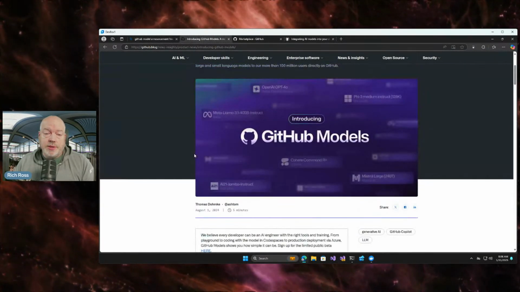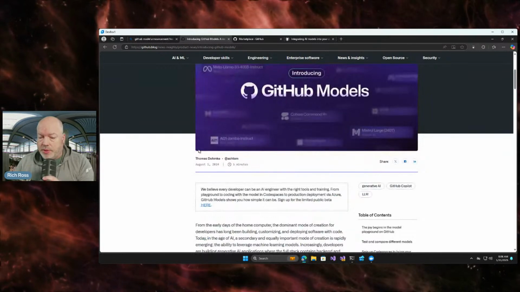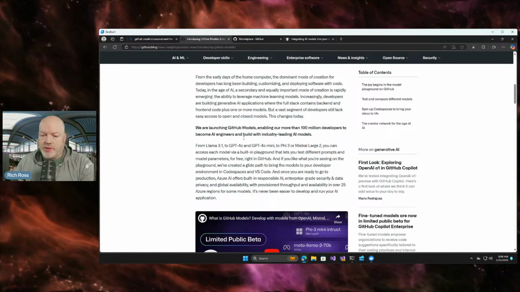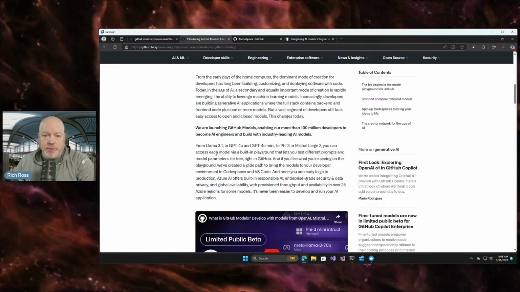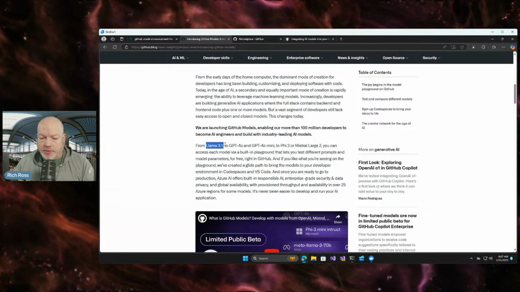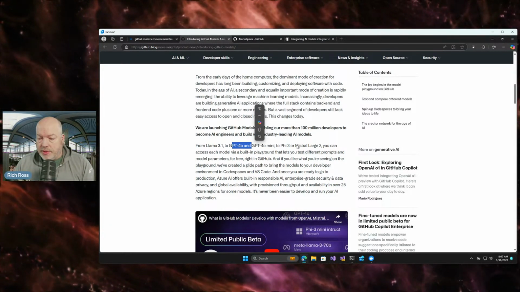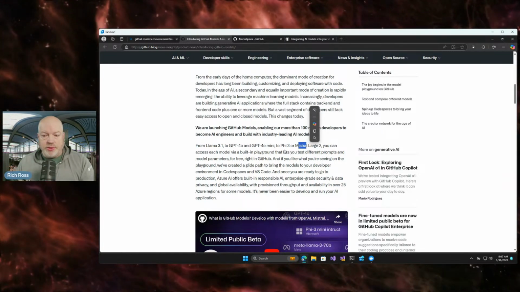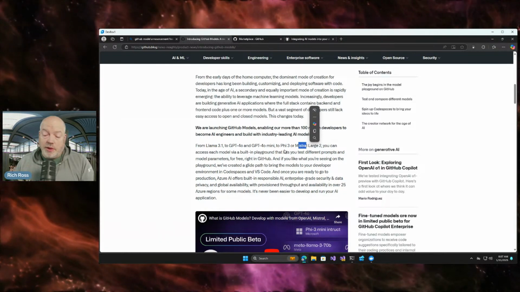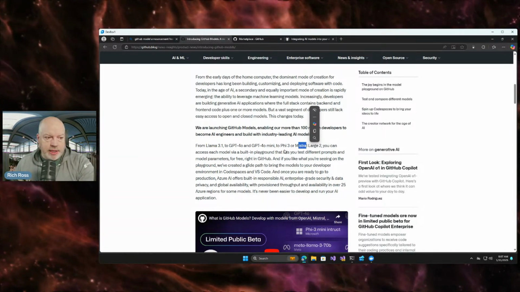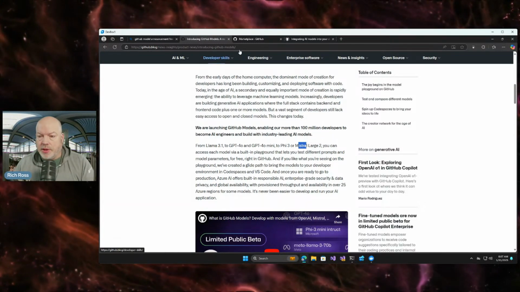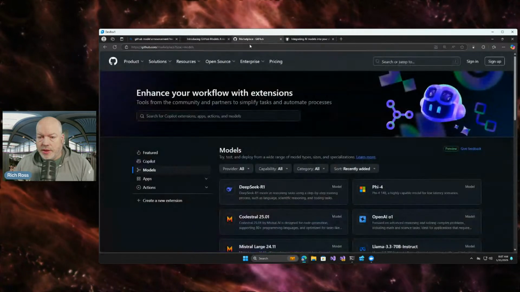So if you didn't know, there is the ability to access models through GitHub. If you don't have an Azure subscription, let's say, but you want to be able to access some of the models, you can use the GitHub Models environment to access things like Llama 3 or GPT, or even the Mistral or the Phi models. These are different frontier models, as they call them, though they're not all large language models. Some of them are small language models, but the idea is there are a few of them that you can get access to through GitHub. And where I've been going to get started is